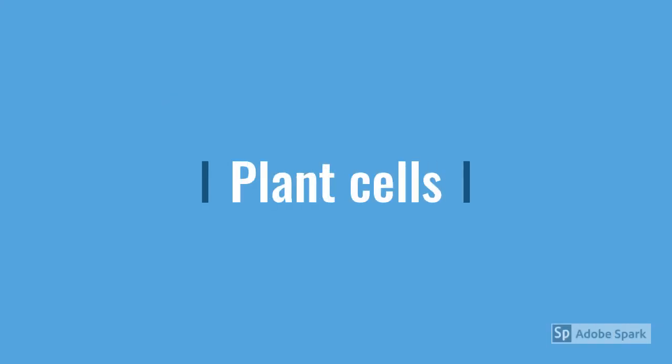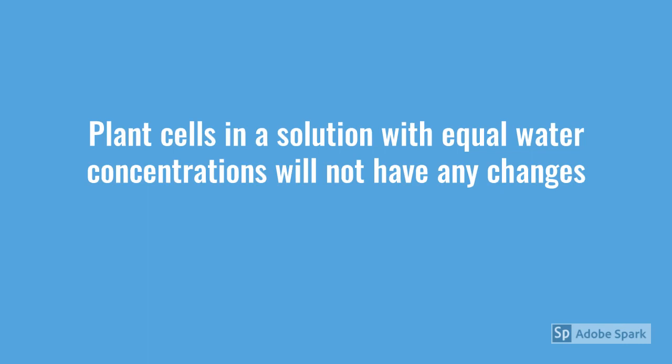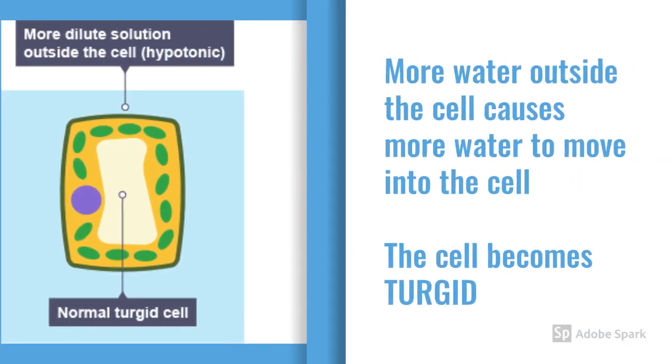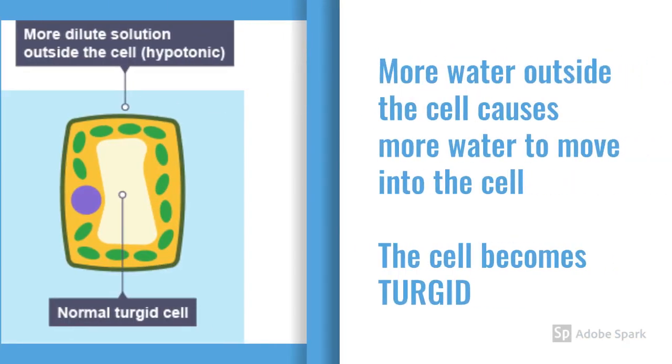Now for plant cells. Similar things happen to plant cells as well. Like the animal cell, plant cells in a solution with equal water concentrations will not have any changes. Again, like the animal cell, more water outside the cell causes more water to move into the cell. The cell becomes turgid. However, the cell doesn't swell and burst like the animal cell. Instead, it also swells, but doesn't burst. It becomes